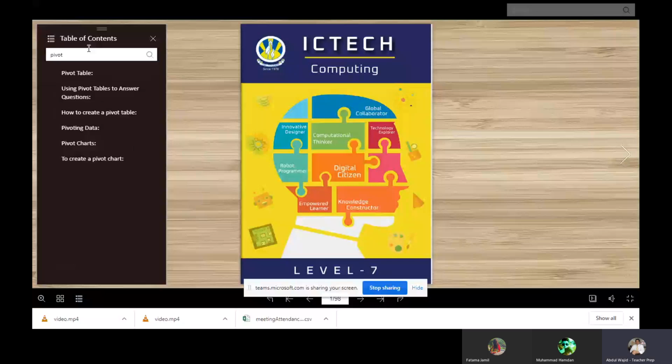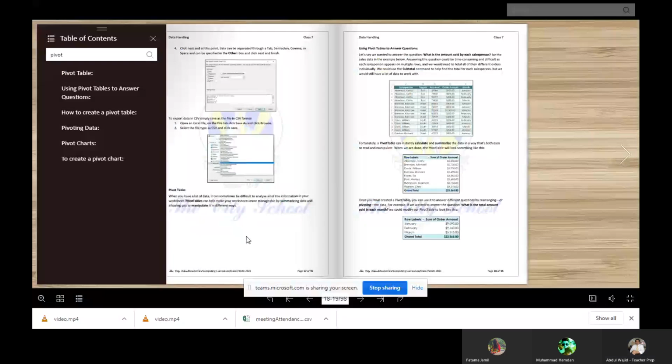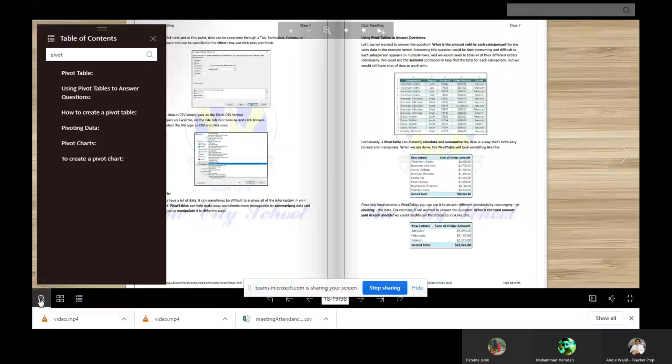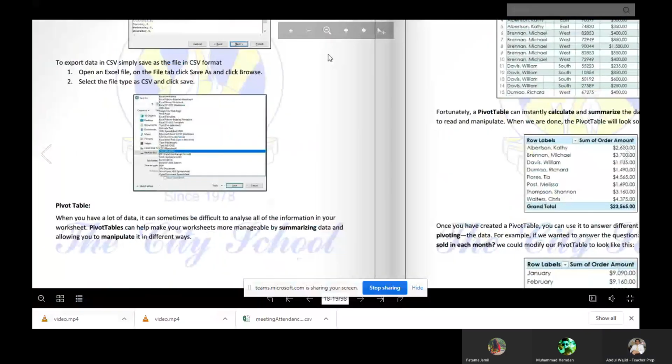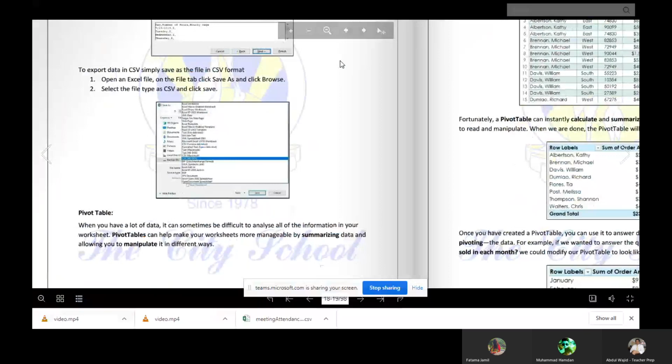Okay, we will click on this one. Zoom in. Now, pivot tables.